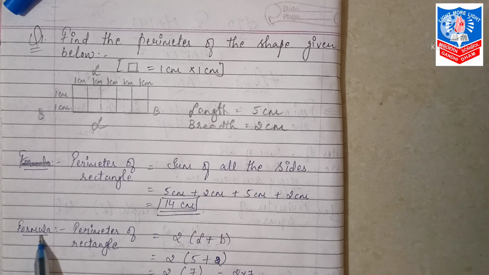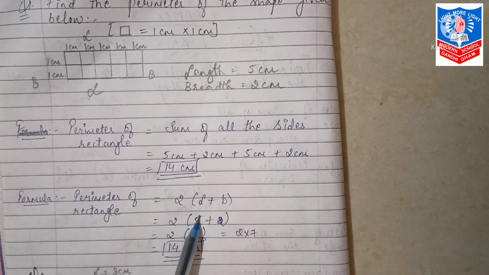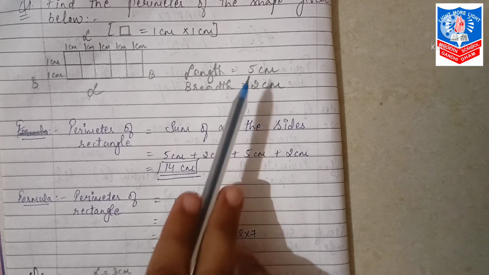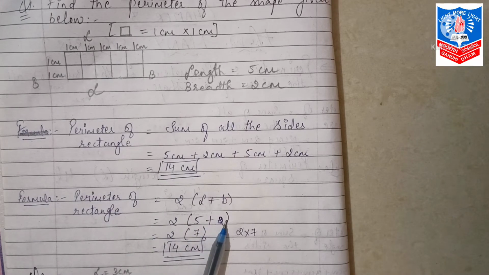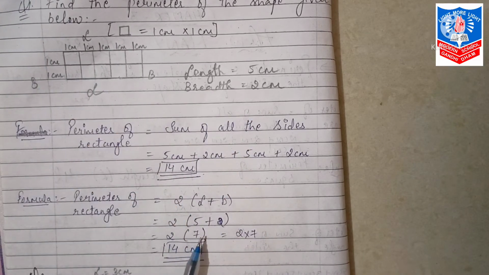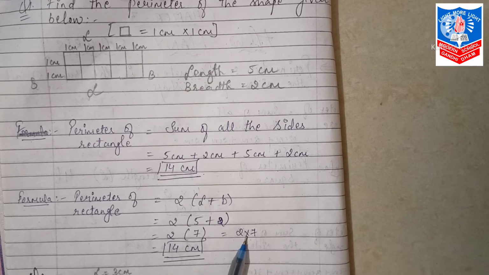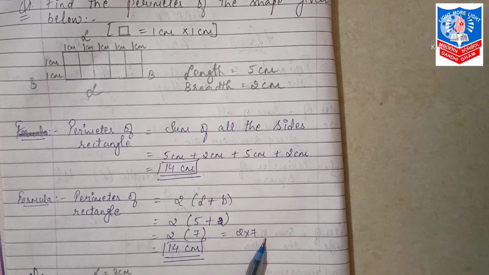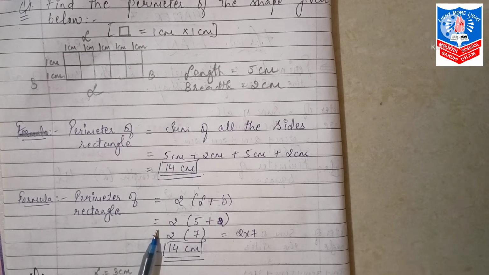Now the same we are going to apply with the formula. Perimeter of rectangle is equal to 2 bracket में length plus breadth. Next step, 2, length is 5 centimeter, given 5 boxes, 5 centimeter. Okay. Then breadth is 2 centimeter, 2 boxes equal to 2 centimeter. Fine. Then we are going to add up both. 5 plus 2 is 7 and the 2 will remain the same. Then no sign is there, that means we will multiply it. 2 into 7, 2 sevens are 14 centimeter. So both the answers are correct. That means your sum is correct.